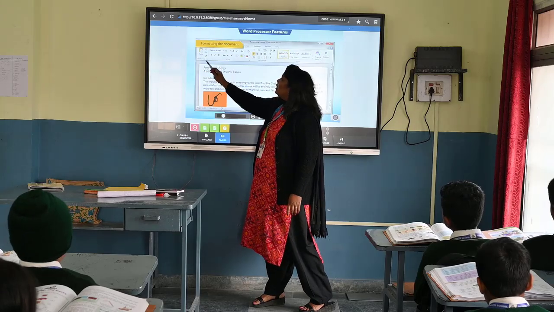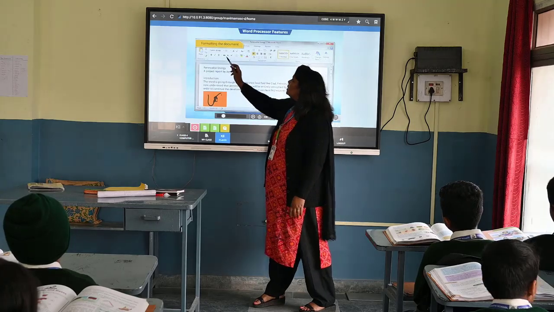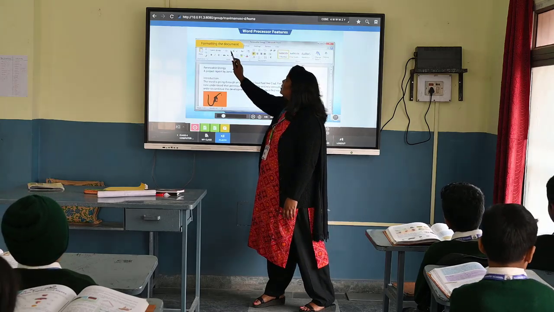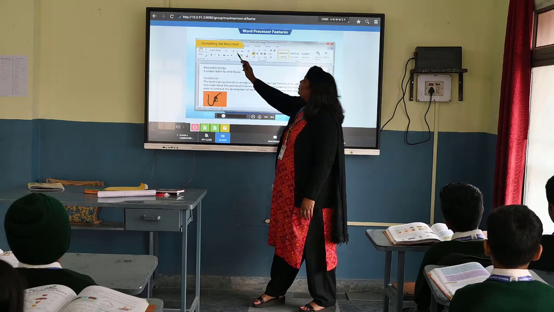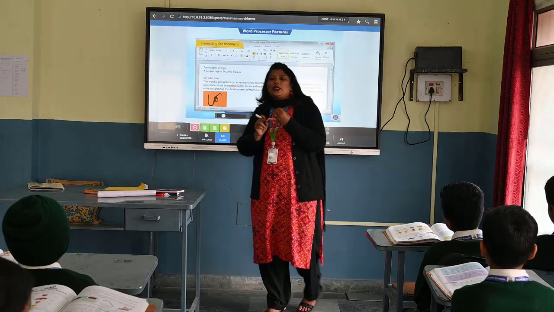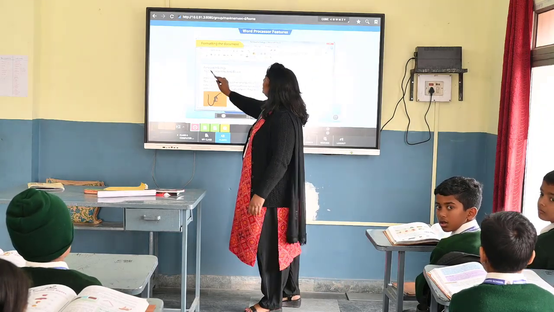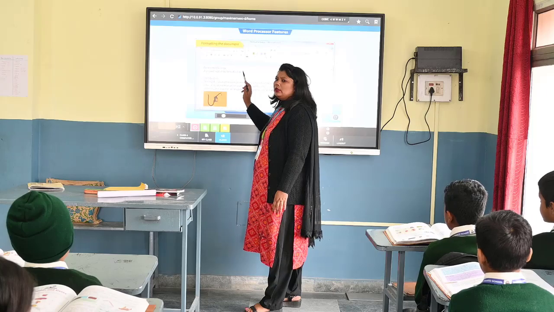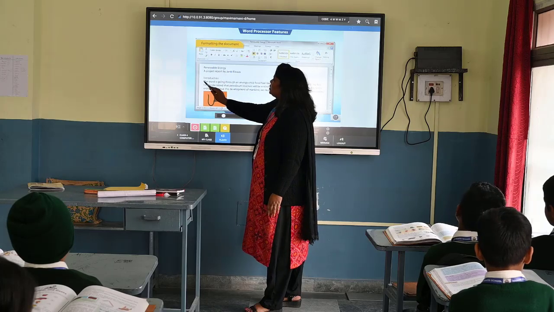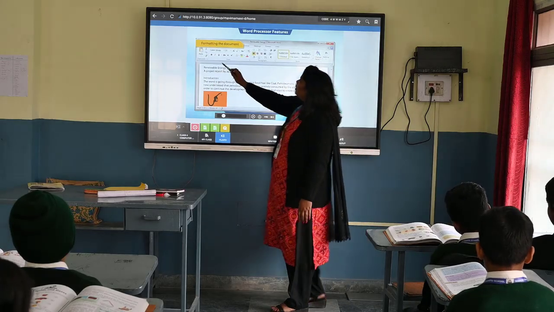Each and every tool has its own features. For example, the font group. What you can see is handwriting. You can change the handwriting. Okay. This is the size. This is the size of the alphabet. This is your cases. Cases means capital letter, small letter, sentence. Capital letter means everything will be written in capital. Then there are 5 types of cases. Suppose sentence means the first word will be capital and the rest will go accordingly.